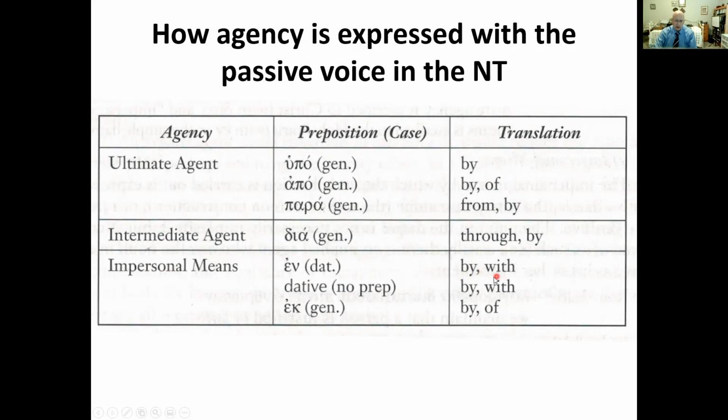If you're baptized with water, you're probably Presbyterian or Lutheran, because you're sprinkling the water. So the translation of being baptized by water, which would probably be an intermediate means, because the pastor,